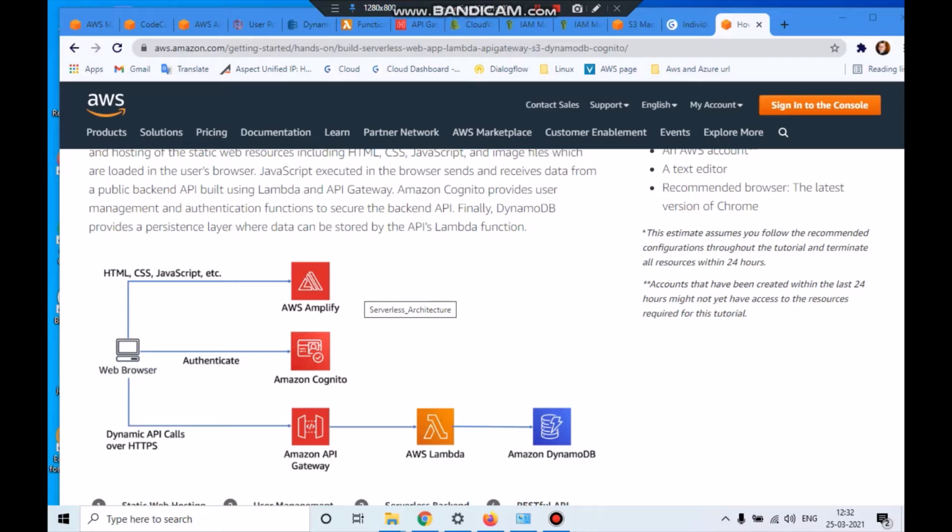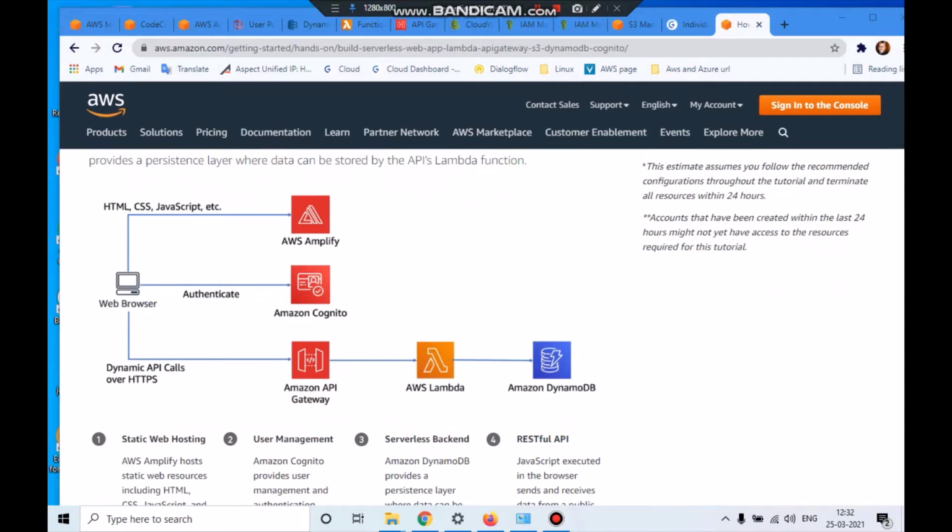All of this is carried out with the help of Amazon API Gateway, which places a request to Lambda. Lambda fetches the request from DynamoDB and sends a response back to the client: where the pickup needs to be, how much time it will take, when the cab will arrive, and all the information will be sent across to them.